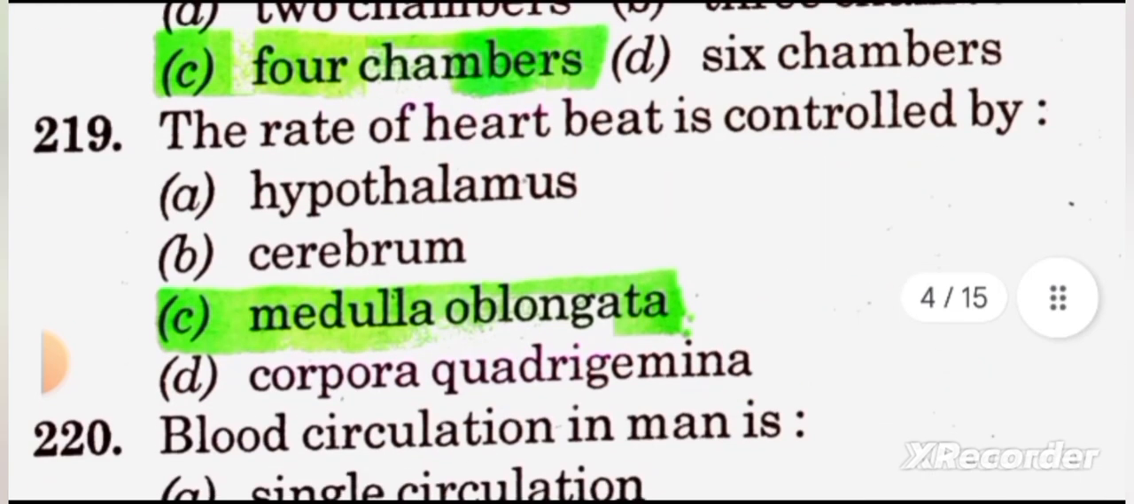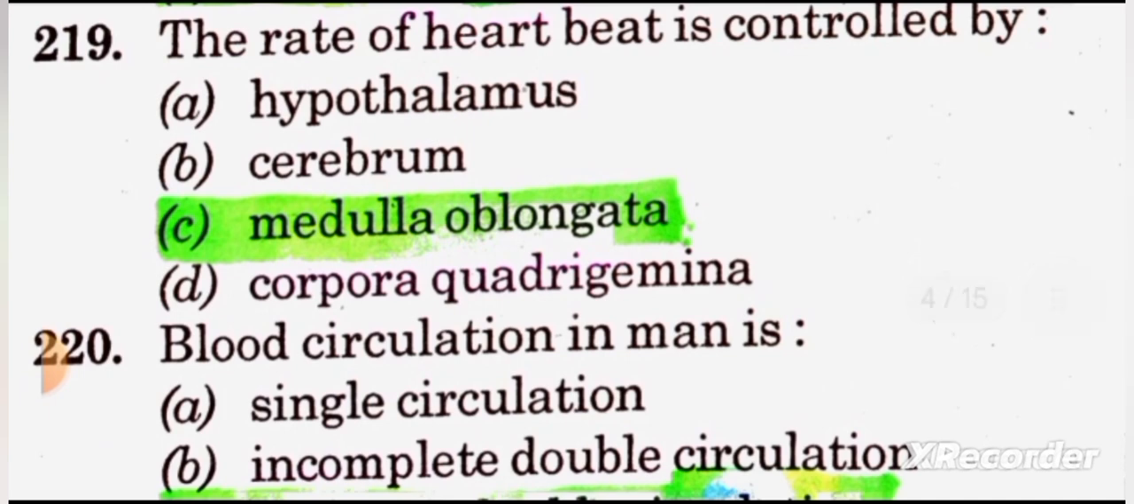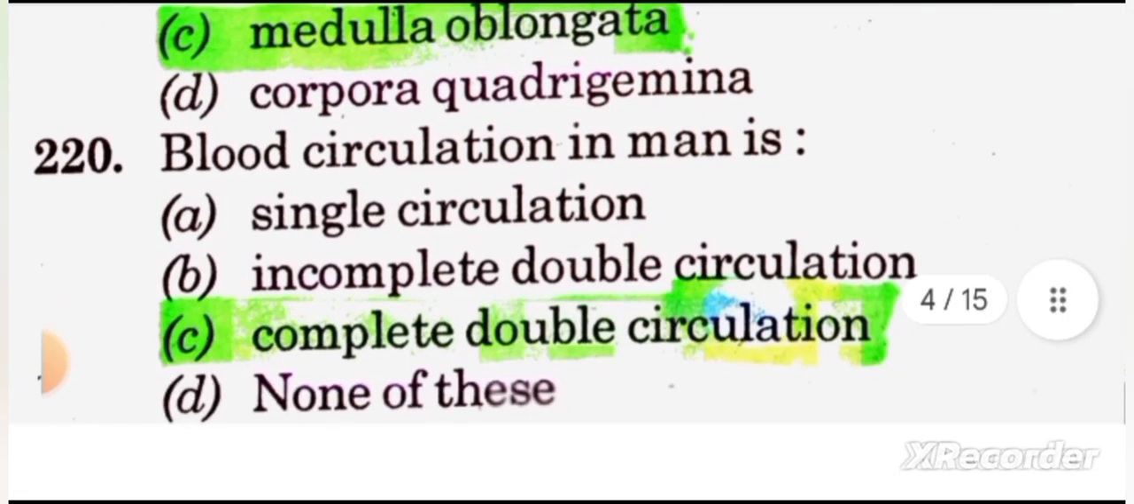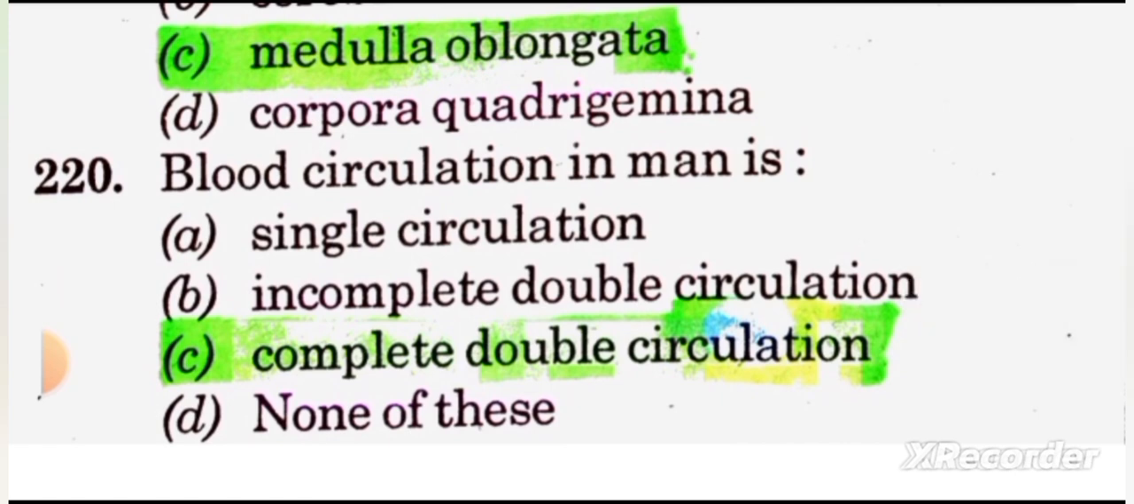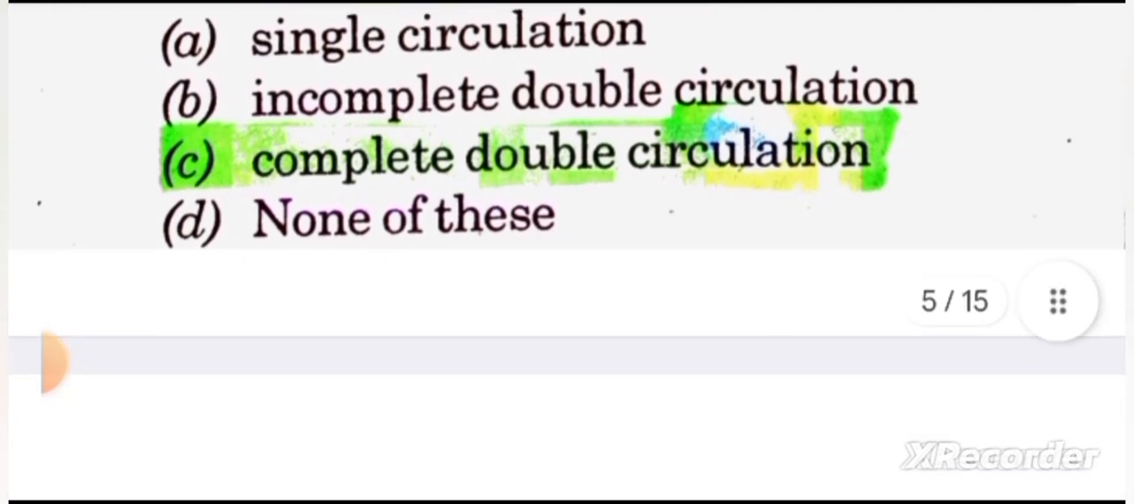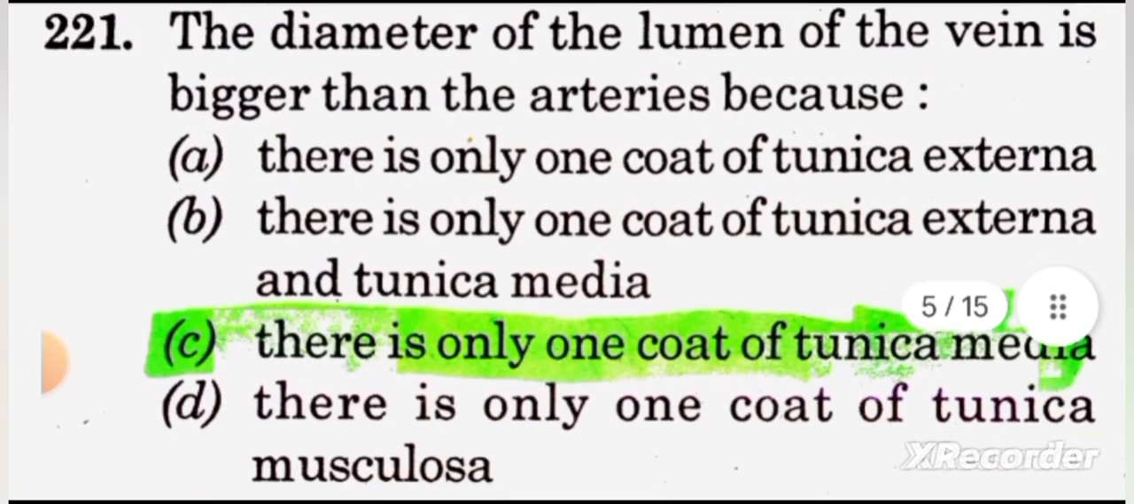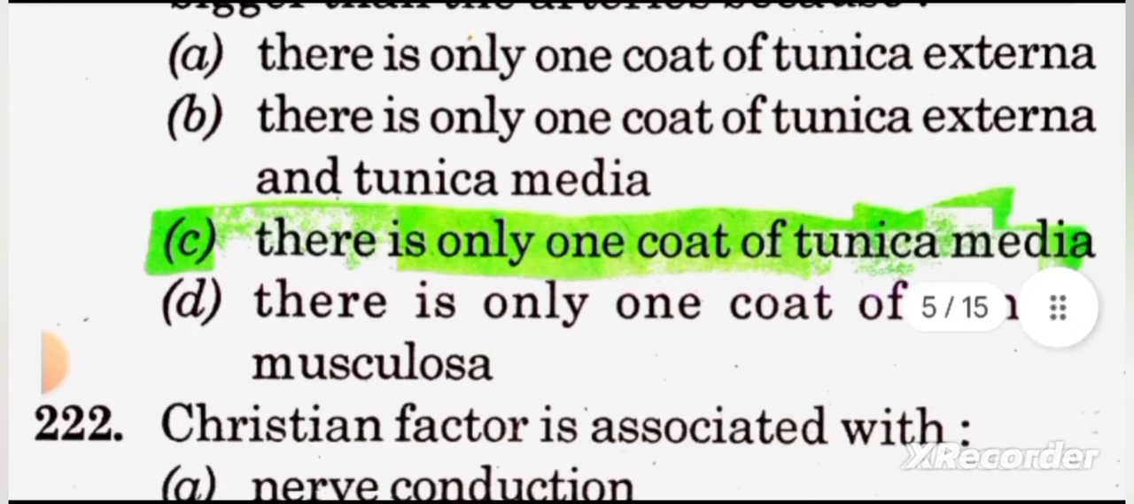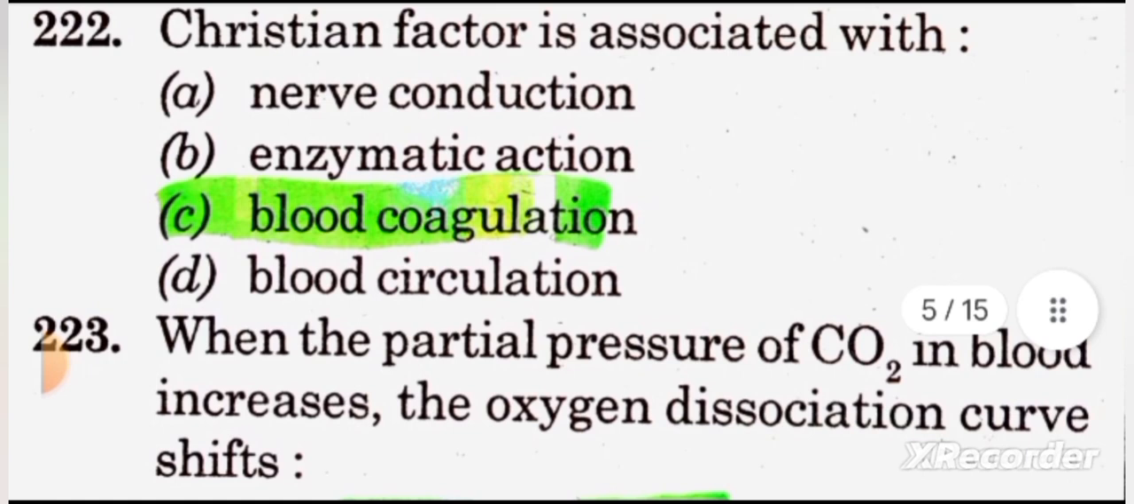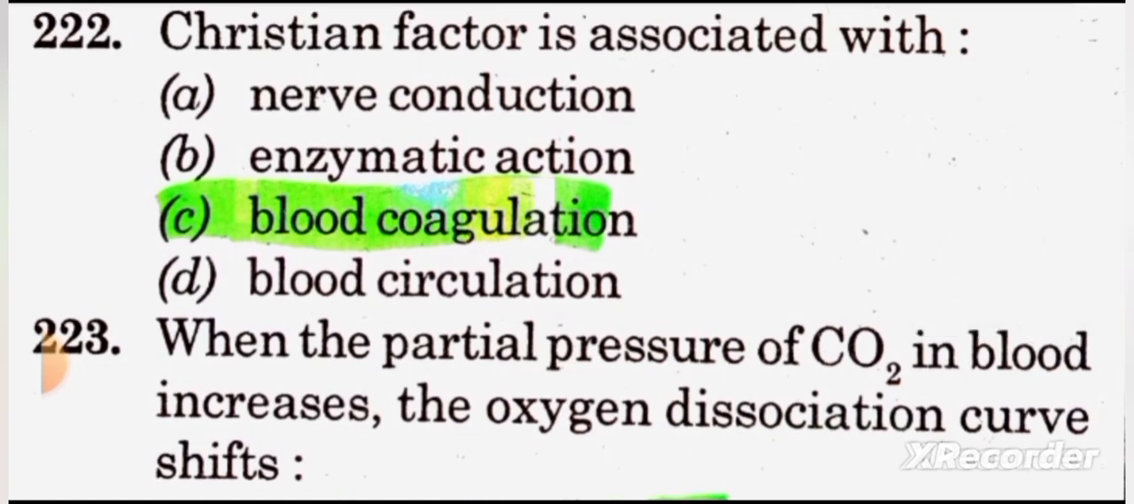4 chambers. 219. The rate of heartbeat is controlled by answer C, medulla oblongata. 220. Blood circulation in man is answer C, complete double circulation. 221. The diameter of the lumen of the vein is bigger than the arteries because answer C, there is only one coat of tunica media. 222. Christian factor is associated with answer C,